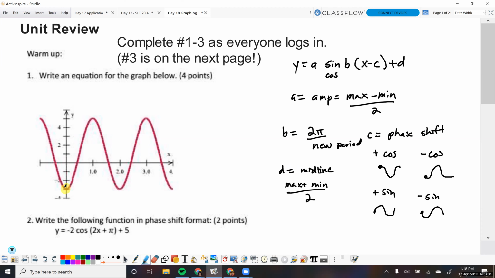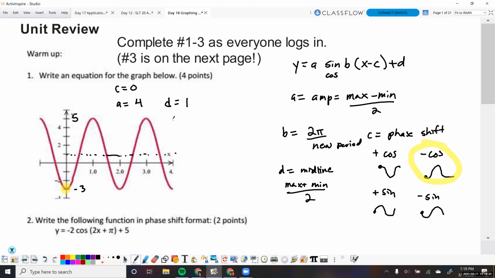I noticed that on the y-axis right here, we're at a minimum. So I'm going to write this as a negative cosine, and I'm not going to need a phase shift because on the y-axis, it's that perfect point. So no C. Now I see I have a minimum here at -3 and I have a maximum at 5. So if I calculate the amplitude by subtracting them, I get 8 divided by 2, and I get an amplitude of 4. The midline, 5 plus -3 is 2, divided by 2 is 1,